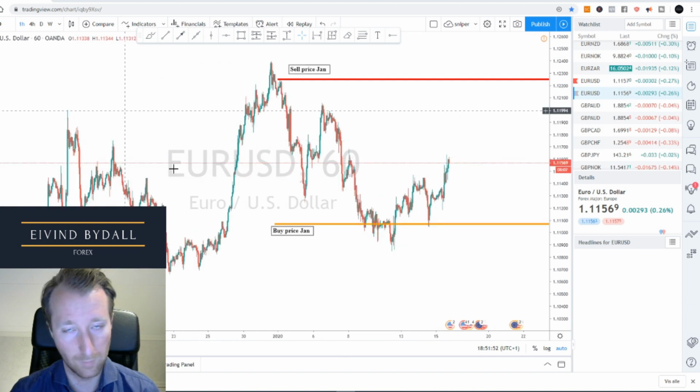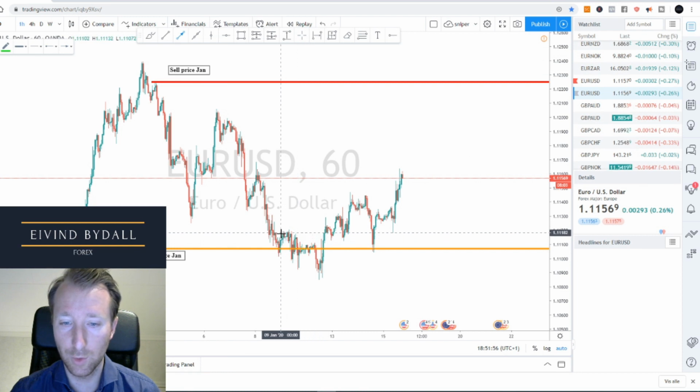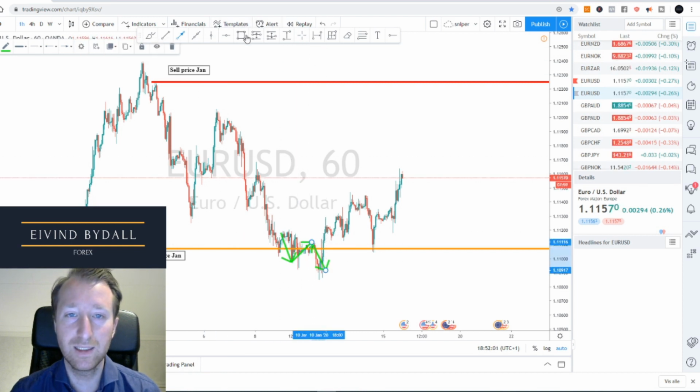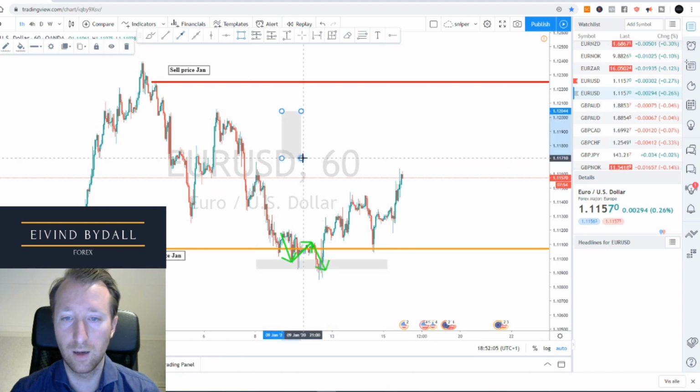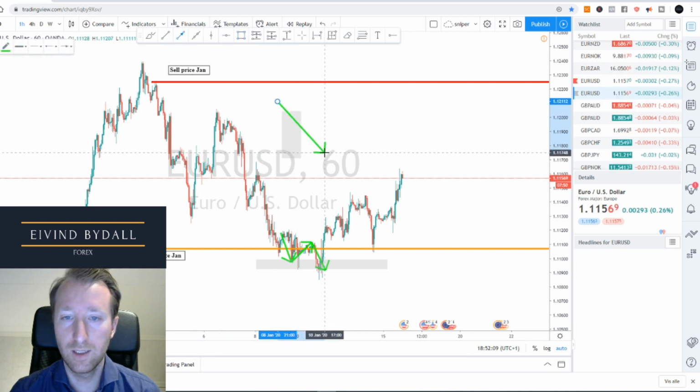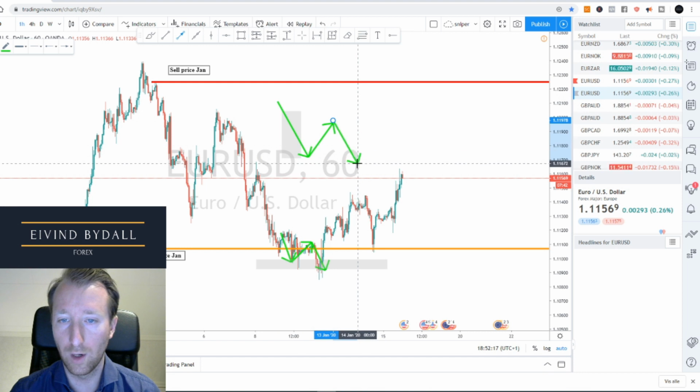trend by trend. Okay. First of all, what is a double bottom? You need a double bottom. That means that within the same area, it needs to have come down, respected it, come down again, either to the same area, or could even be a bit lower, like this one here.